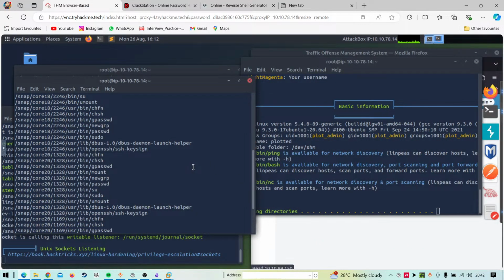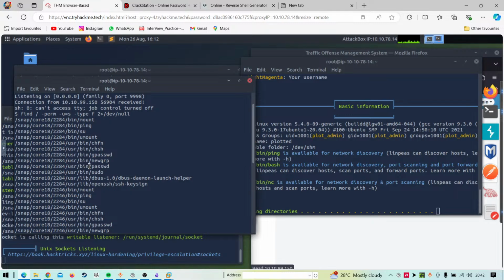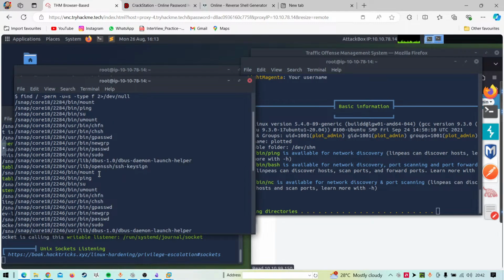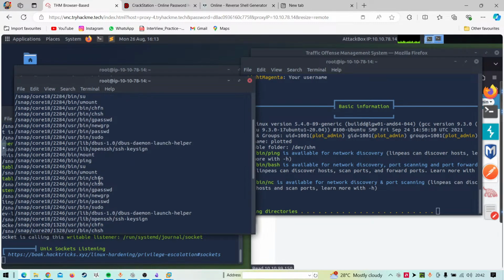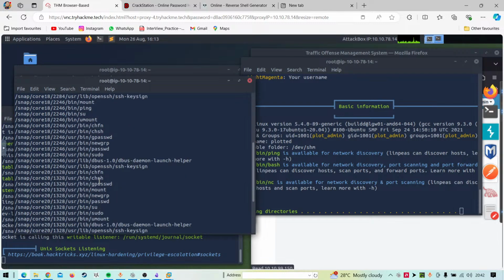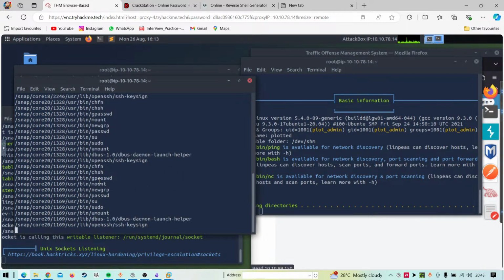That's good. I have to find some suspicious binary that is unusual, that generally you don't see.